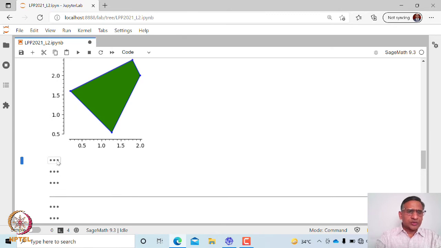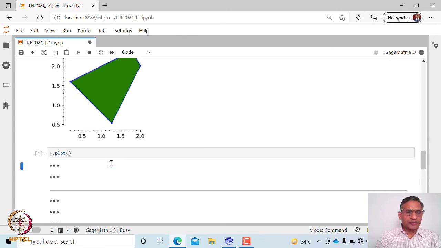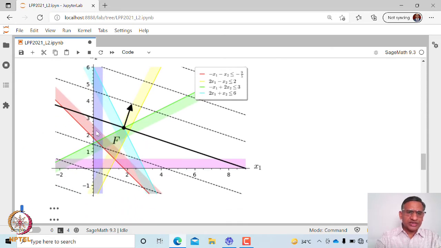Okay. Next, you can also plot this P. If you say P.plot, then it will give you the feasible set, which is this F here. So you can see here there are 4 constraints. One is x1 greater than or equal to 0, which is this, x2 greater than or equal to 0, represented by this pink region.